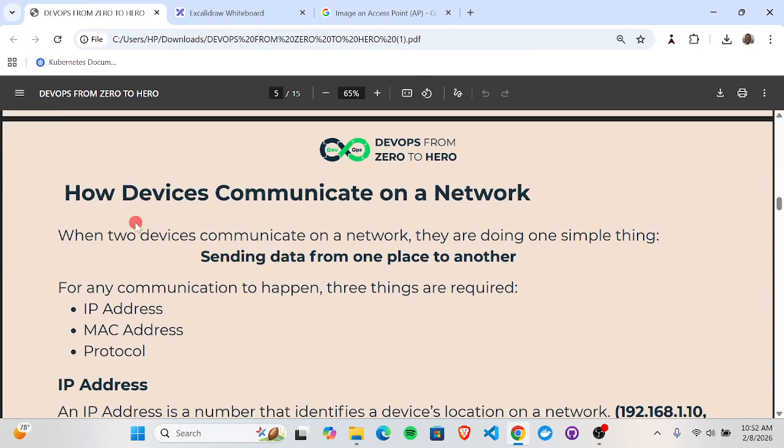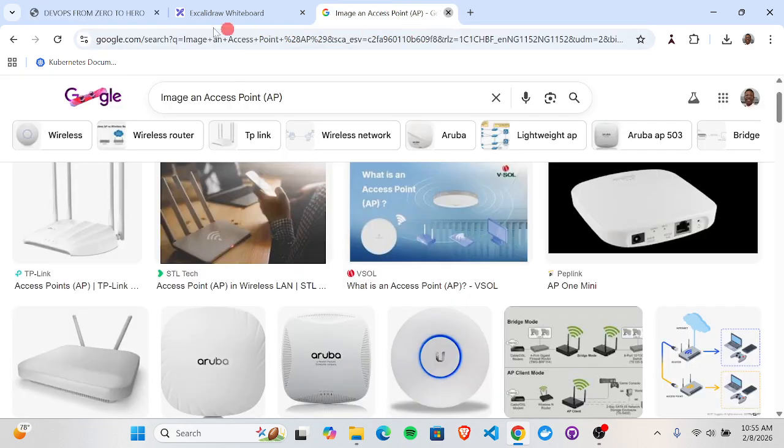The next thing is how devices communicate in a network. This part is very, very important, so I need you to pay close attention to it. So now, how do devices communicate in a network? You should know that in this sense, let's take for example,